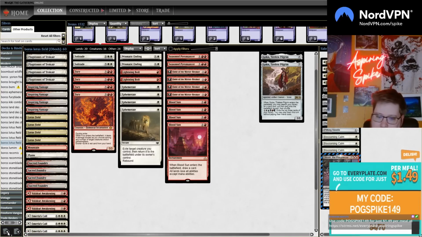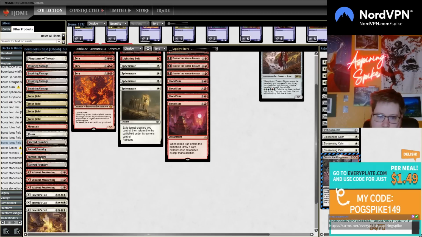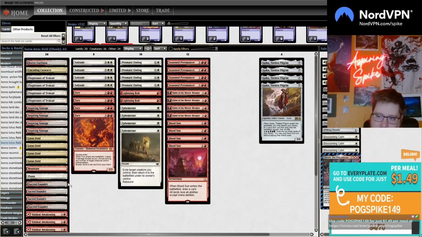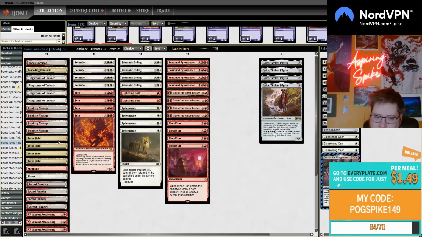Being able to hit Emeria's Call off Golos is really sick. Being able to go Boros Garrison, pick up an MDFC, cast it if you don't have a Blood Sun in play is really cool. Obviously, just getting you a Lotus Field a lot of times is really cool. I think Golos has always been really good in this shell, and I think it is the best 5-drop, so we're just jamming 4. Let's